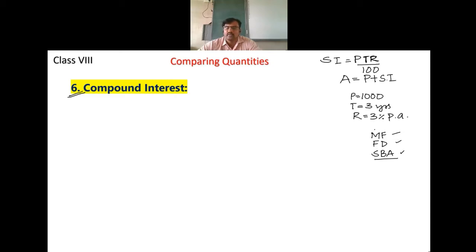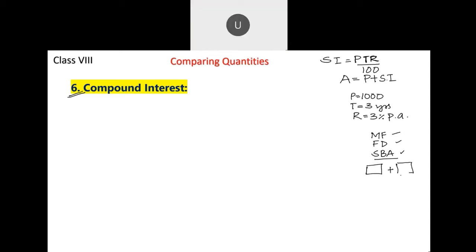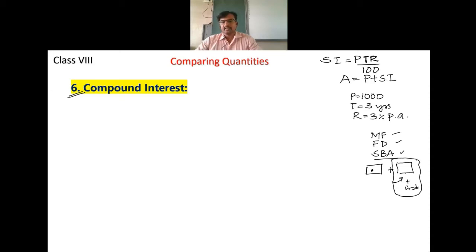It's something like this. If I want to do business, I require money. I collect money from some source and I have to give him back the money along with the interest. This is the money I have collected. While giving it back, I have to give some interest also. Why should I give it? Because it is like rent. I am holding the money for some time, so there is some time period involved in this.